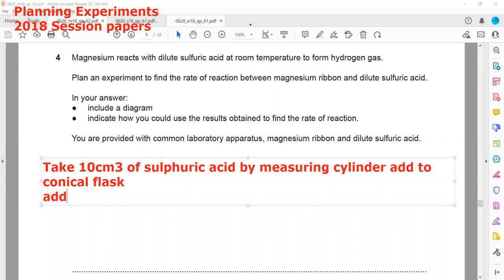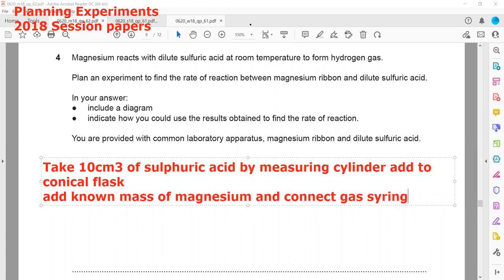Then we will add a known mass of magnesium, and connect a gas syringe to measure the